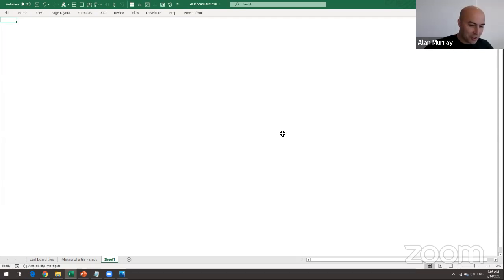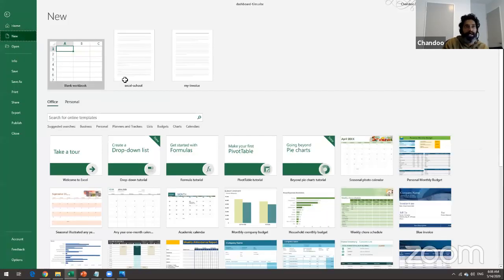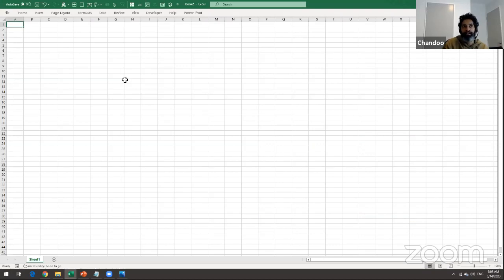What did you think when you first saw Power BI, Chandoo? And you saw that blank screen? This is how I introduce it to my students as well when I teach Power BI. This is how a blank Excel file looks. It has a grid and it is inviting you to type numbers.